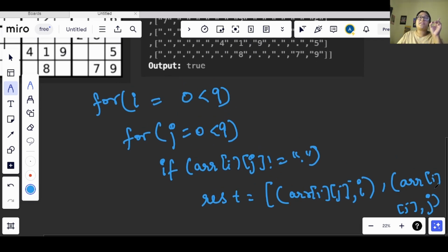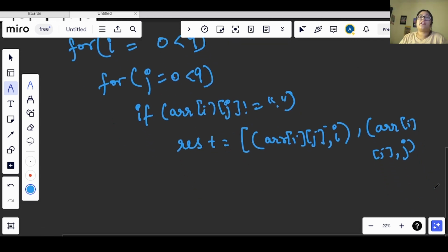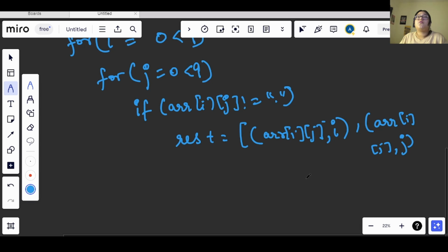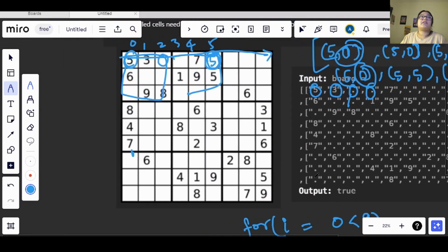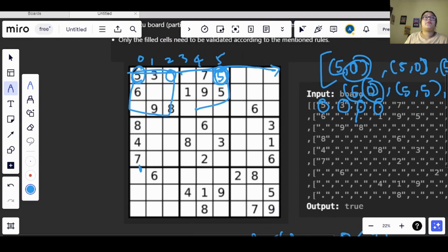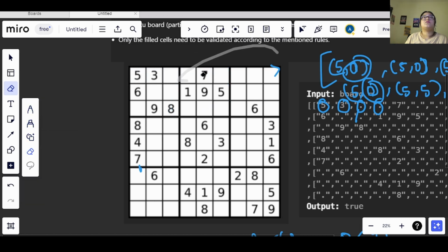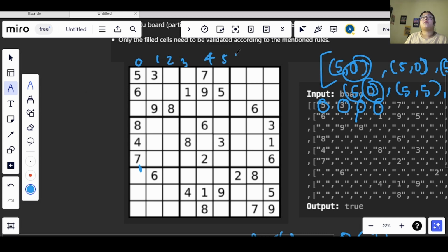Now I need to keep a check for the matrix also. So let's say we are here, let me clear this out. This will be 0, 1, 2, 3, 4, 5, 6, 7, 8. Now if I start the iteration, this will be a matrix, and according to that matrix we have 0 to 2, that is fine.